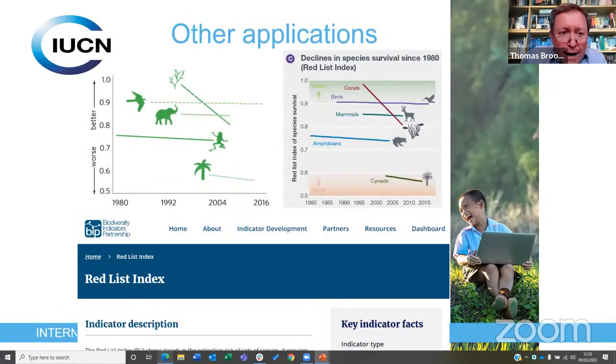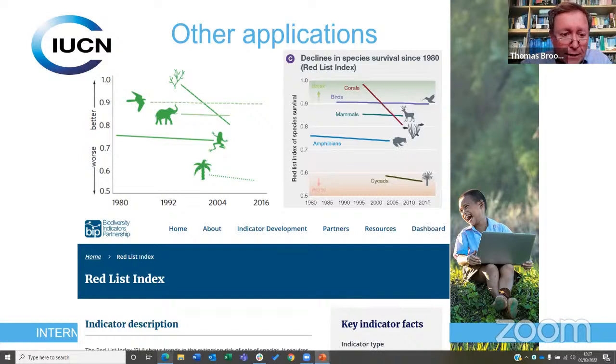The Red List Index is widely used in a range of policy processes. It is the official Sustainable Development Goal Indicator 15.5.1, shown in the top left in the annual Sustainable Development Goals report. It's a core IPBES indicator, highlighted in the top right here at the level of the summary for policymakers of the IPBES Global Assessment. It's what could be called a founder indicator, one of the first suite of indicators incorporated into the Biodiversity Indicators Partnership, as shown in the bottom, and subject to the BIP's peer review processes.